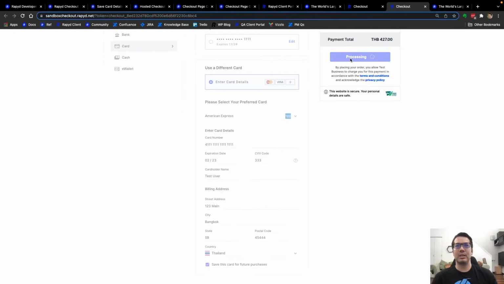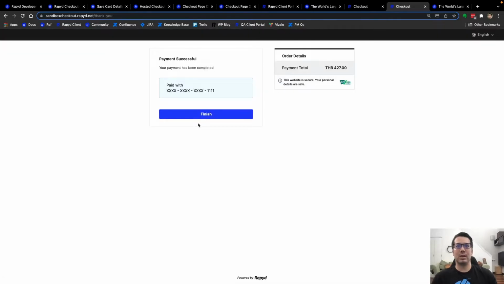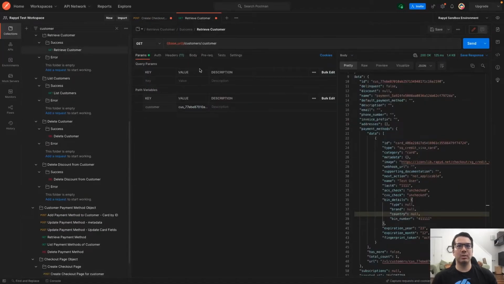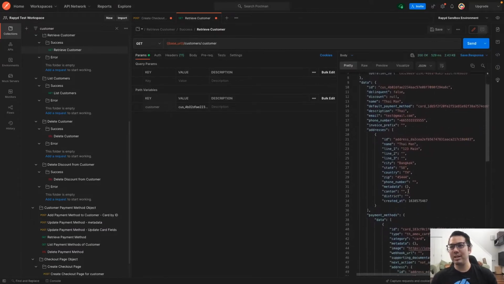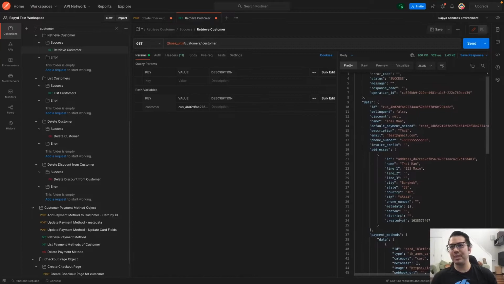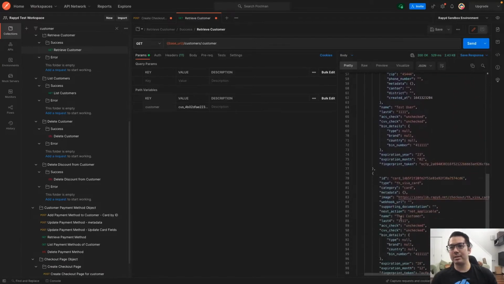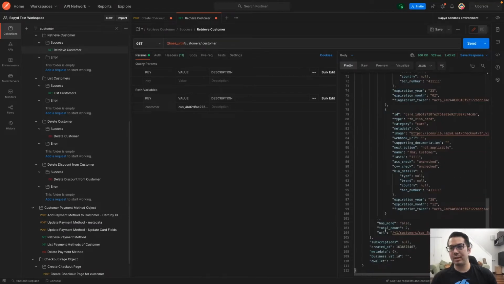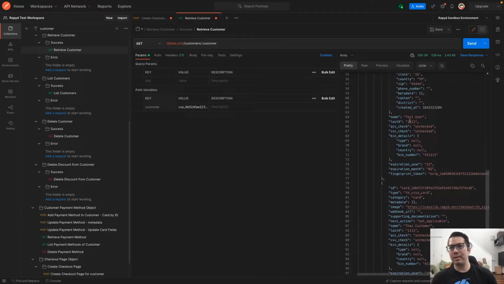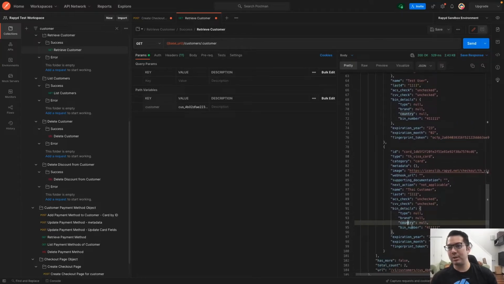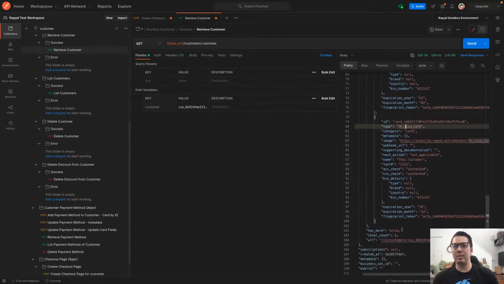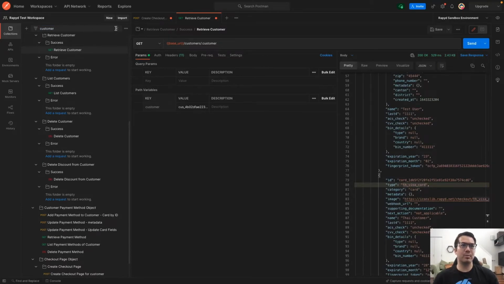And so I'll go through, and that included. And so I'll go to retrieve customer, and it should have two. I think it was a similar number. It should have two cards. And so yeah, Amex and then Visa included as well. They both have the same 4 last numbers, so it was a little bit confusing with the numbers, but this is the card that we just did,